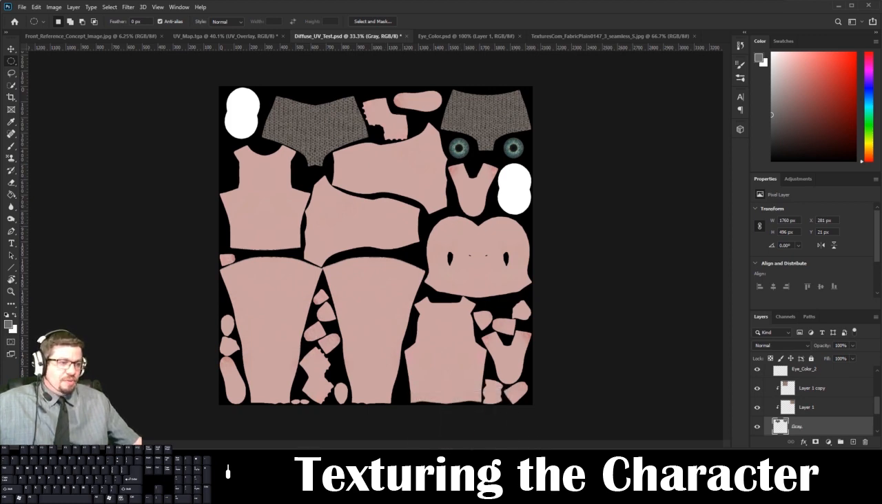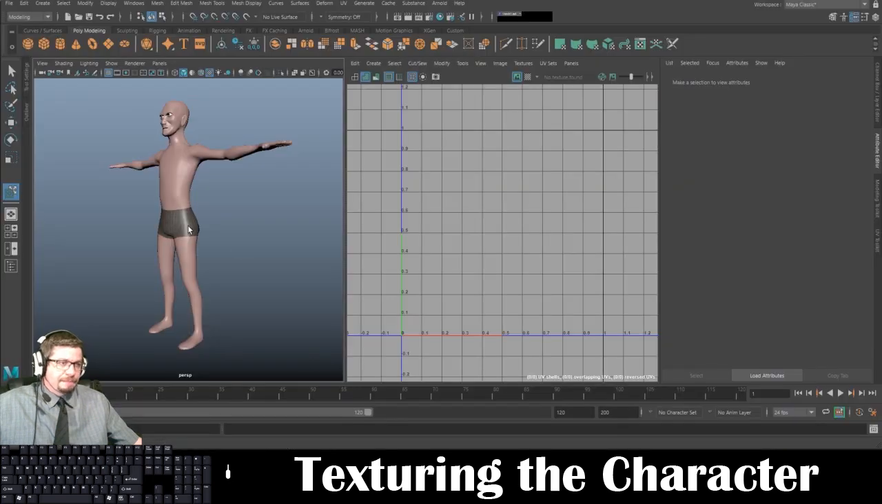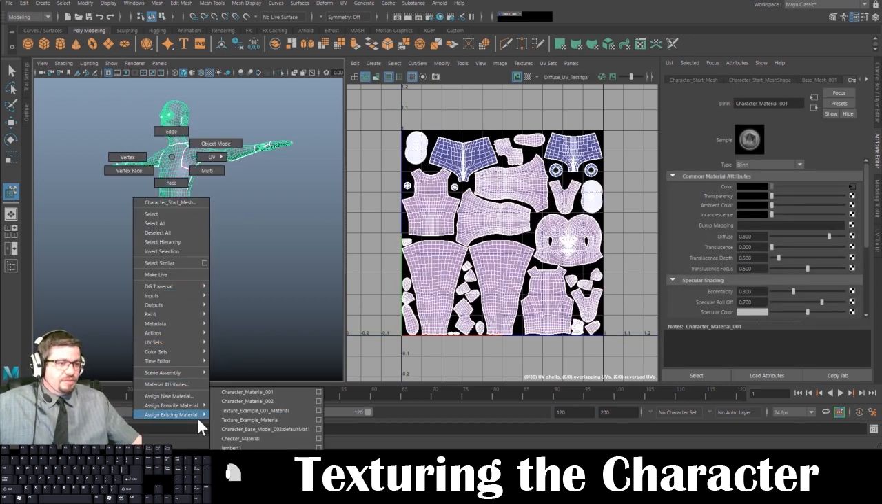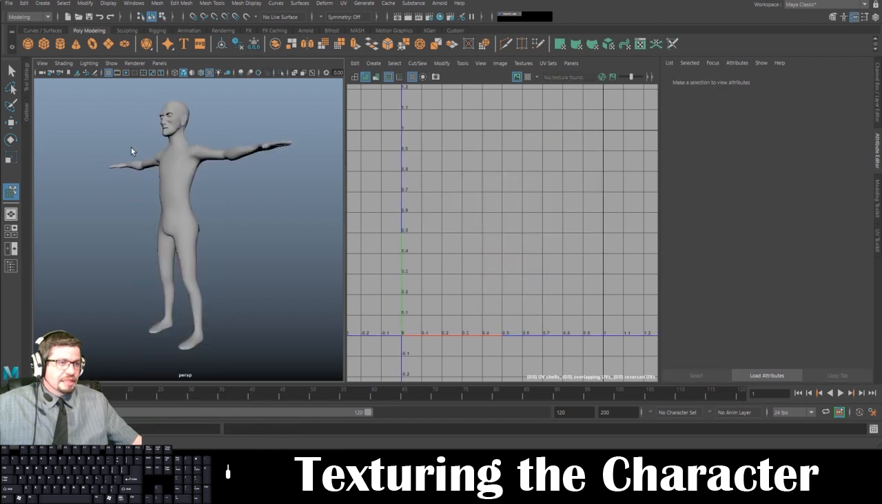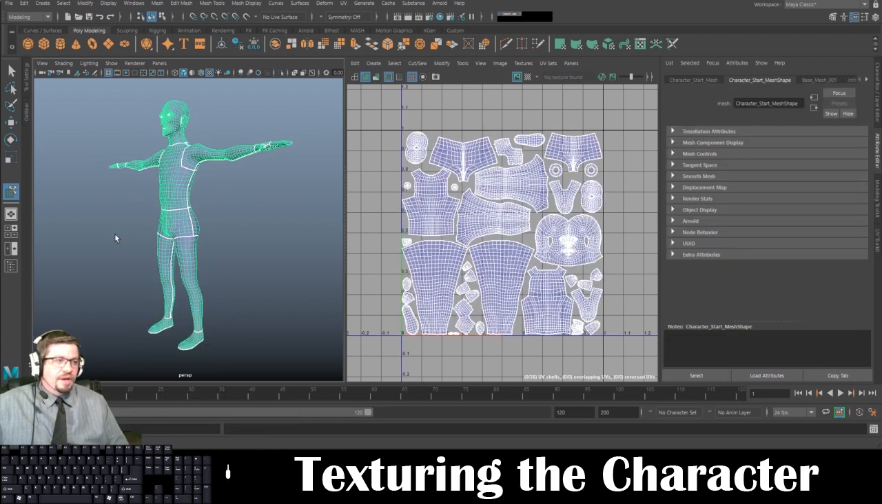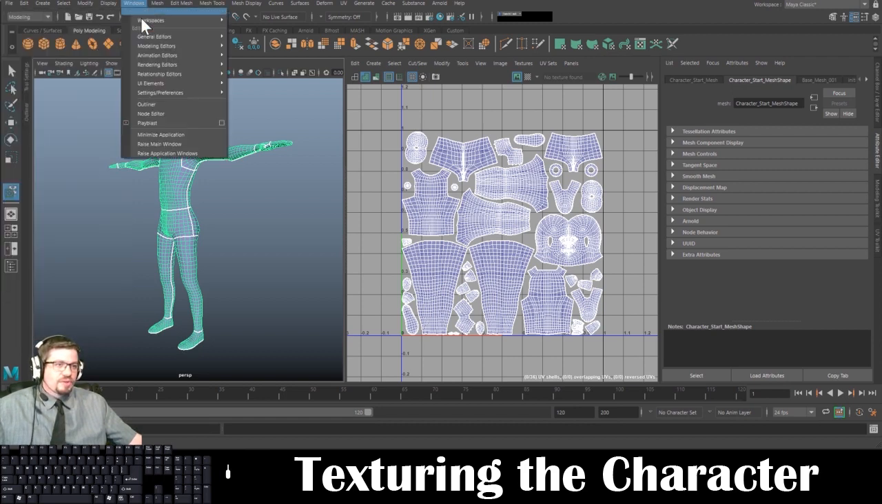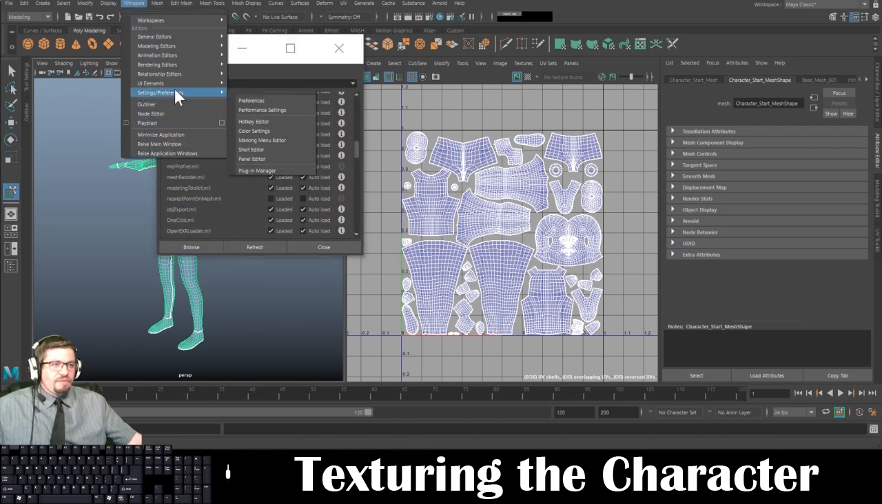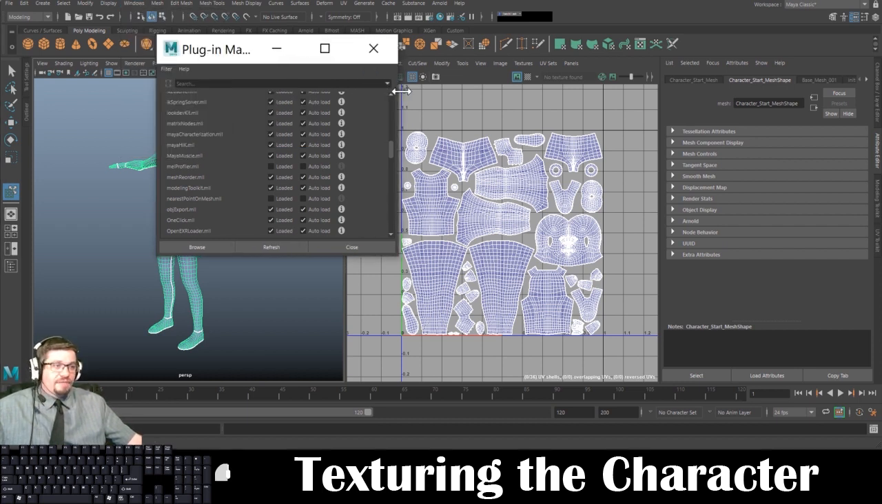Okay. So, now with that being said, I want to show you a different way to do this. So, I'm going to assign a Lambert material just to start. And another way to go into texturing is to actually start to project textures directly onto the mesh. So if I go to File, and before I even start doing this process, go to Windows, Settings, Preferences, and Plugin Manager. Make sure that you probably already have this on,